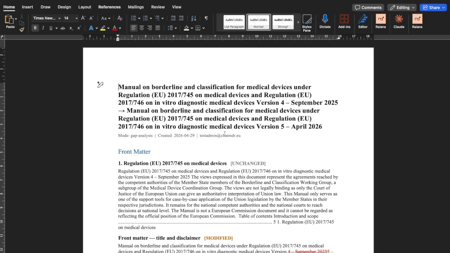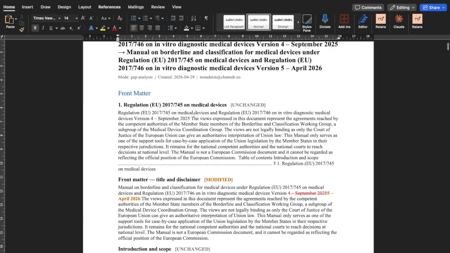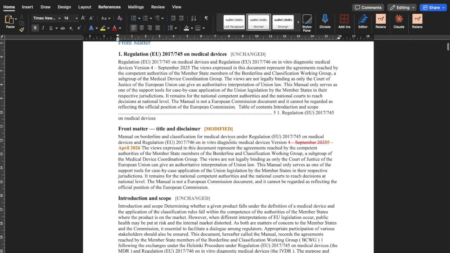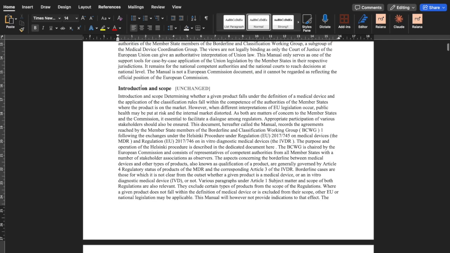So you have here separated again by sections, and you have here some information, and then you have the unchanged parts. So this part is totally unchanged. You have the modified ones, the exact places that it was modified. So here is unchanged. This is the scope of the document. And you have other unchanged parts. For example, here,